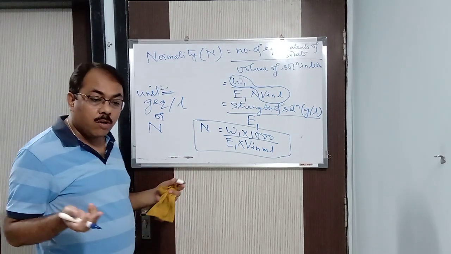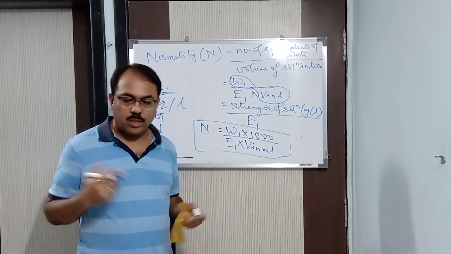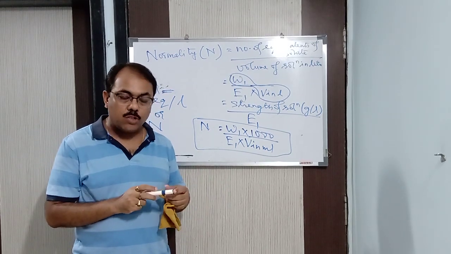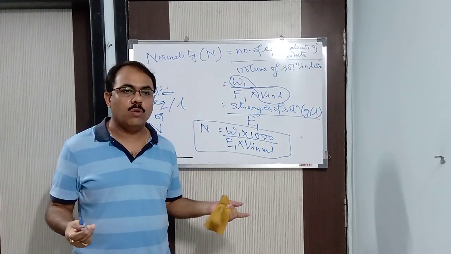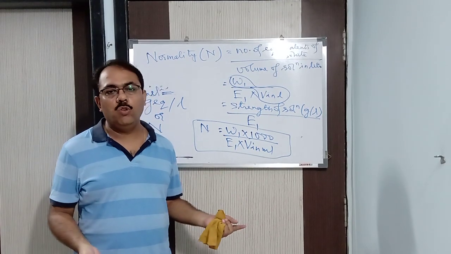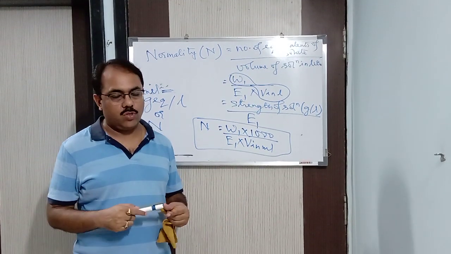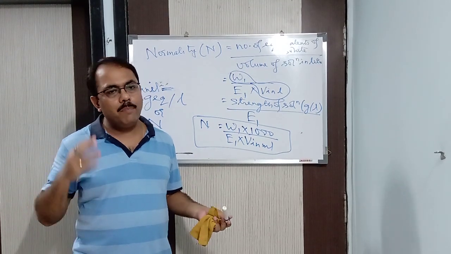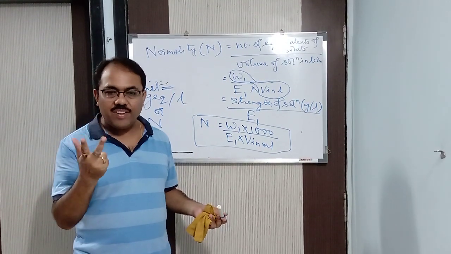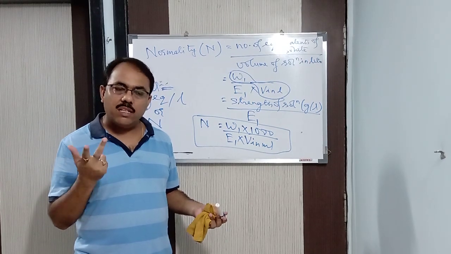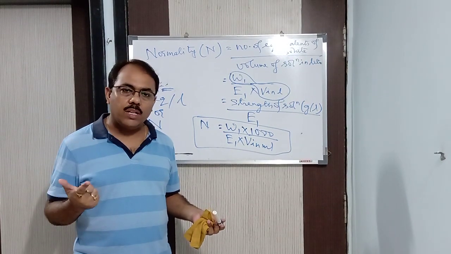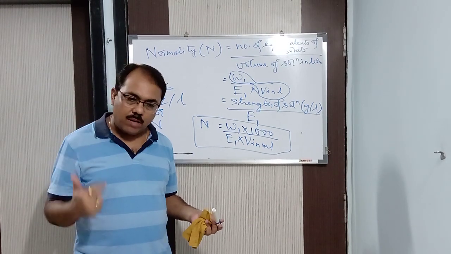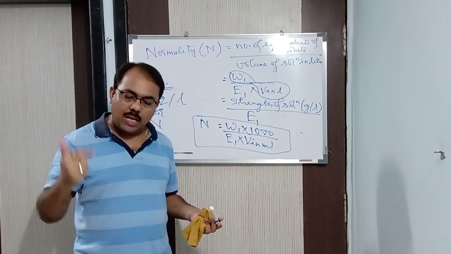Similarly, if I say one normal solution, it means normality is 1. Similarly, I said in the last class also, standard solution. Standard solution means whose normality and molarity is known to us, whose concentration is known to us. That is called a standard solution. So here if I say one normal, that means it is known to us. If I say binormal, normality is 2. If I say trinormal, normality is 3. If I say semi-normal, semi means half, normality is 1 by 2. If I say decinormal, normality is 1 by 10. Centinormal, normality is 1 by 100.